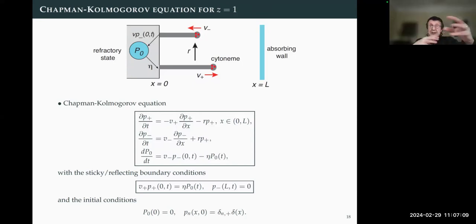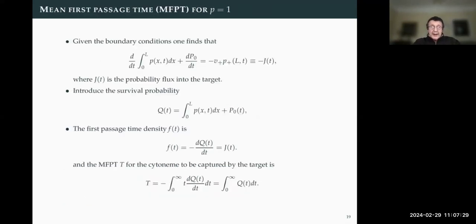So now you imagine this process going on. You have multiple targets. To characterize the morphogen gradient, you need to specify the mean first passage times, or the conditional mean first passage times to hit the different targets, and the splitting probabilities. And putting that together is the way you can think about how you set up the morphogen gradient. Okay, so just going through a bit of details.